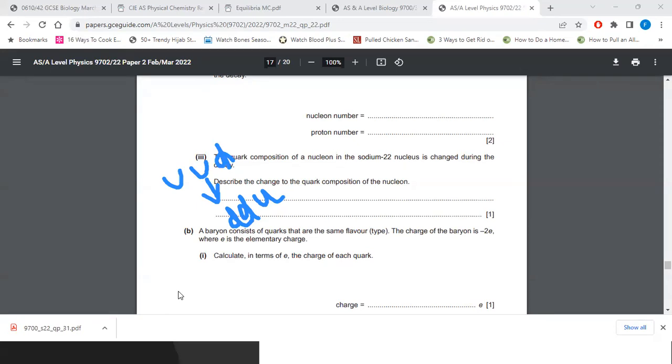So we can add 2 of the quarks. Yes, you could try by adding up your quarks and see which one is giving you the charge of minus 2e. Remember, there are 3 quarks that you can add up because a baryon is made up of 3 quarks. So we have up, down, top, bottom, strange, charm. We need minus 2, right? Minus 2 by 3.